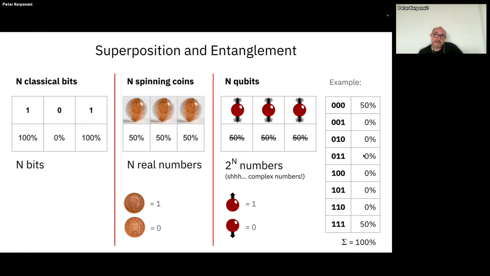And a quantum computer can manipulate individual particles, superposition of individual particles or qubits, and also a quantum computer can change the entanglement between qubits. So we can entangle or disentangle qubits. We can put a qubit in superposition. We can remove it from superposition, and with a quantum computer,